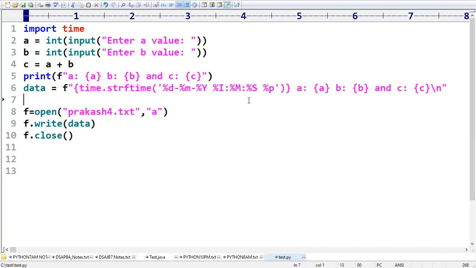Right. So with this, all the demos got completed. From evening we have our regular